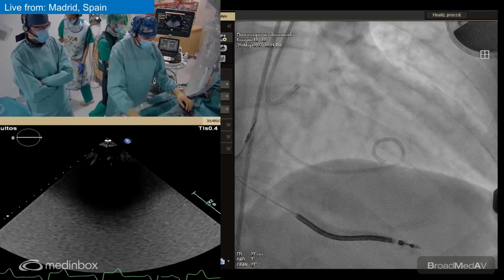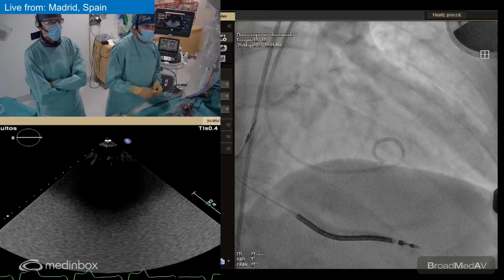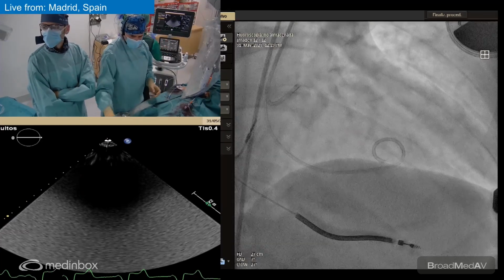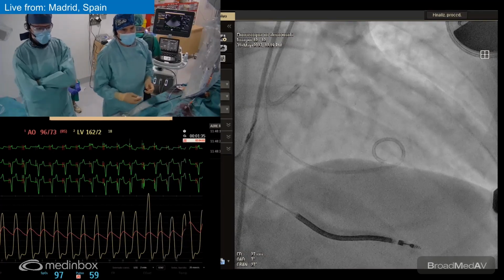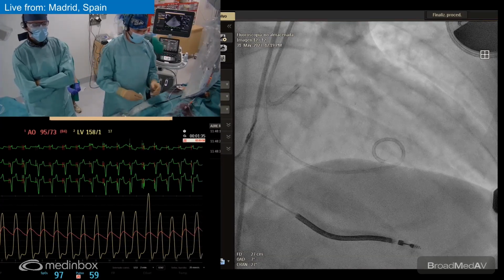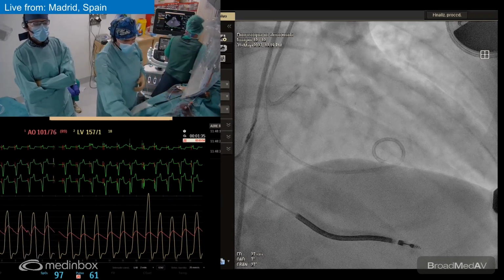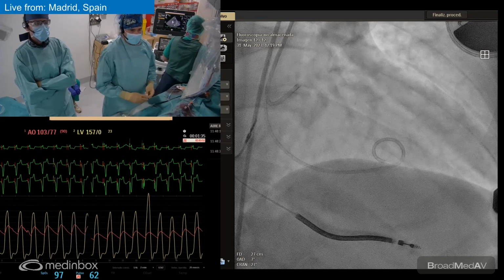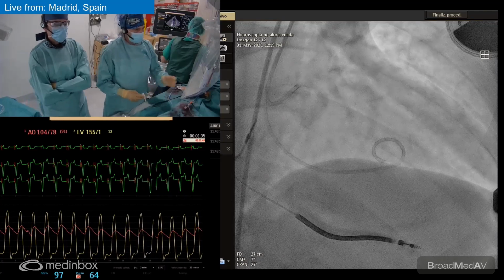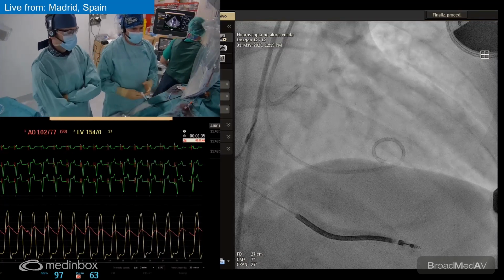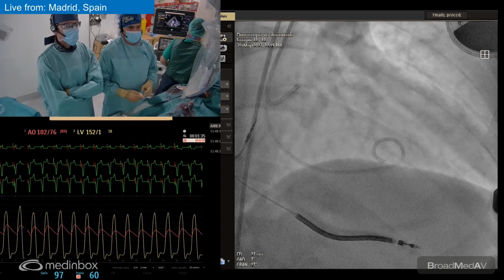No, as Alfonso said during the case, very slow injection with monitoring of the ECG to see if there is some type of conduction abnormalities. But this patient is already on pacemaker rhythm, so we don't have this problem. And the anticipated amount of alcohol is the rule that Alfonso said, about 1 cc per 10 millimeters